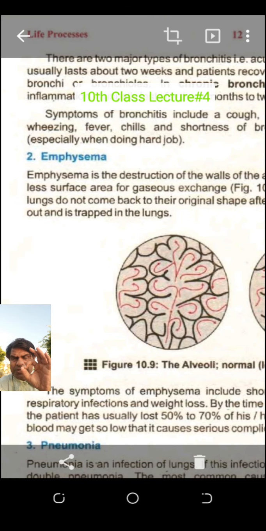Small cells are present, their walls broken down. If there are 10 alveoli cells, 10 small balls, when their walls are broken down, they will become a football. So when a football is a large cell, it will cover more. If a football is present in the lung, I am just giving you an example,